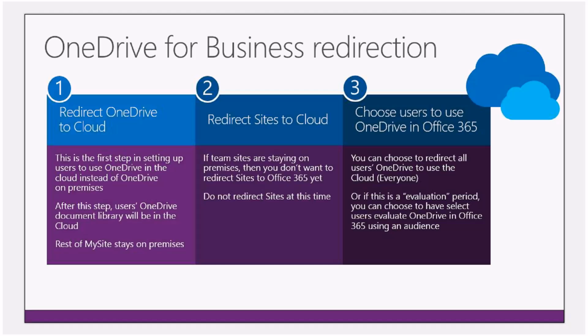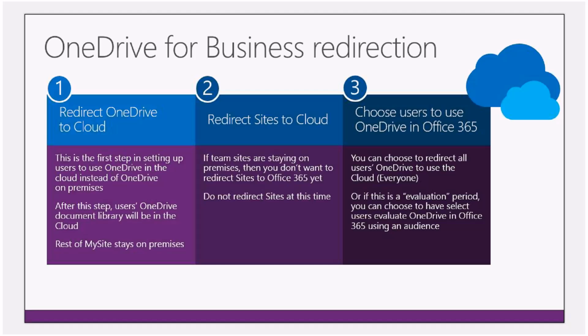We're also realizing that the cloud, again, is not a wholesale proposition, and you may want to selectively begin to provision and pilot experiences. We added that selectivity to OneDrive for Business redirection in Service Pack 1. So the way that works is you can create a security group in your on-premises Active Directory. You can establish a set of defined users that you want to redirect to the cloud as members of that